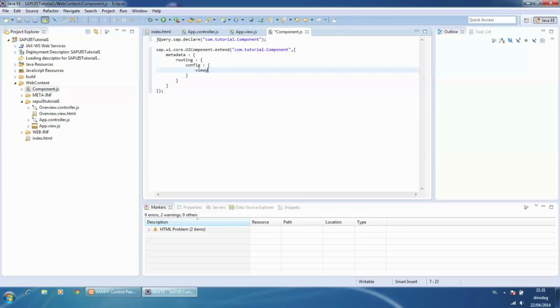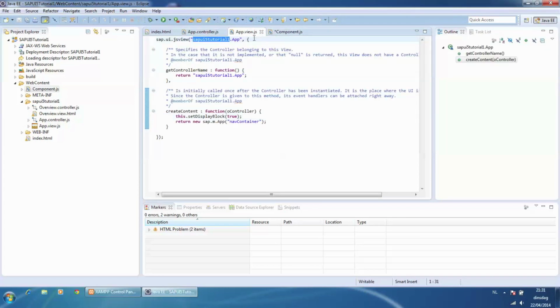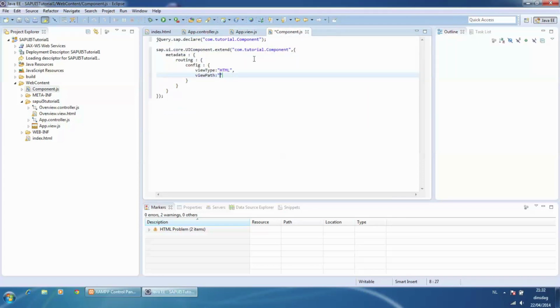In the config of the router, we will define the type of views, in our case, HTML. We also define the path for our views. In the router, I will define which is the parent component for all the views, which will be the nav container from the app view.